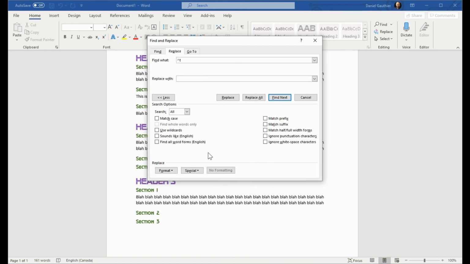So if we have two tabs, then we may have to copy and paste that to put it in twice, and then say if there's two tabs in a row, we want to replace that with a single tab, and then you can replace all instances of that very easily right from there.